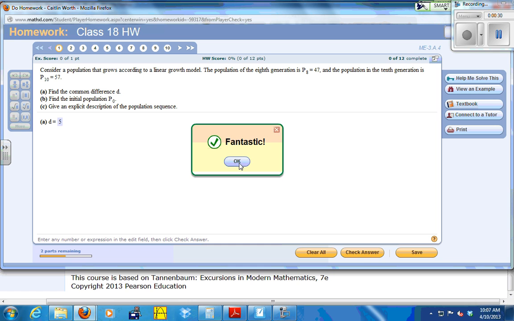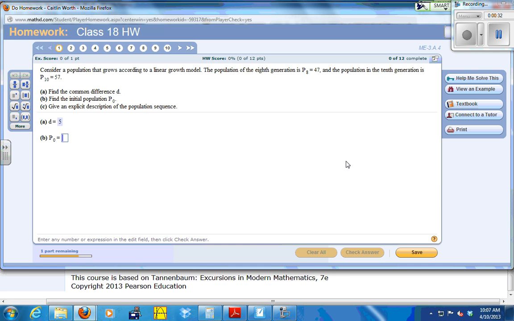Check. Okay, so good. I got my common difference. And then P0, that's your initial value, right? So that means I have to work backwards from P8, subtracting 5, because I'm going backwards, until I get P0. So that means that P7 would be 42, P6 would be 37, P5 would be 32, P4 would be 27,